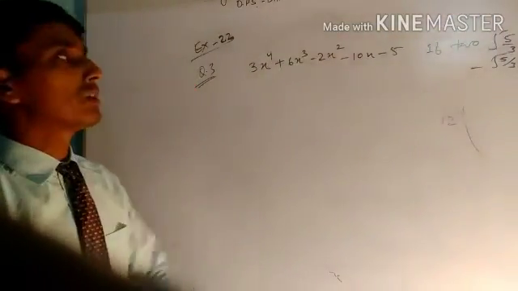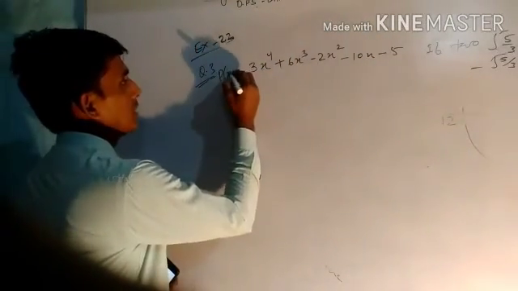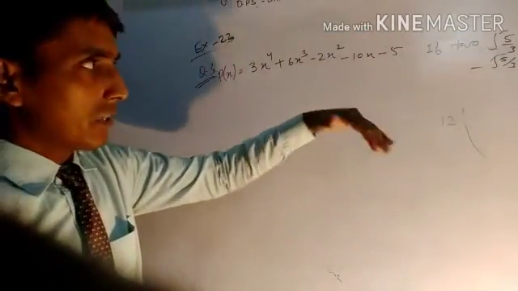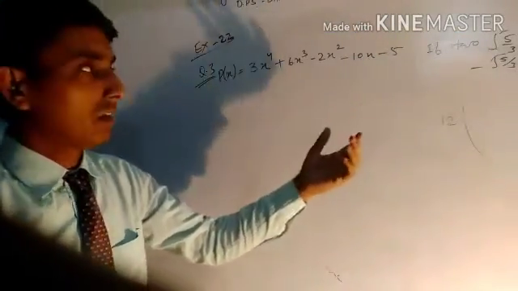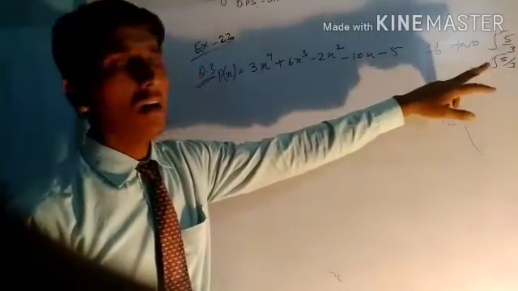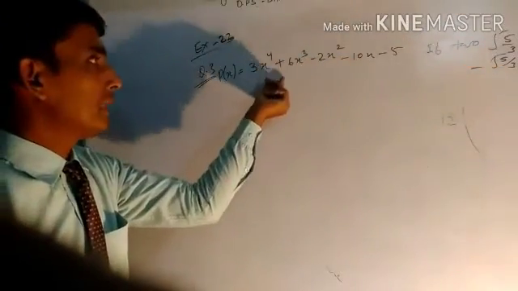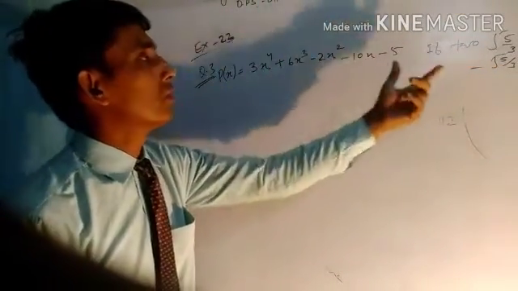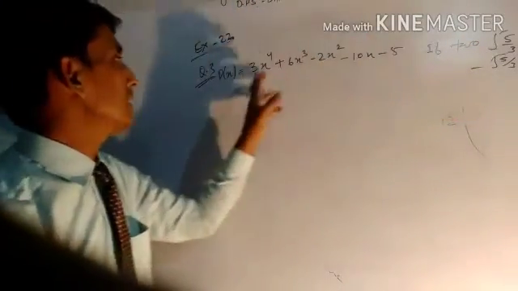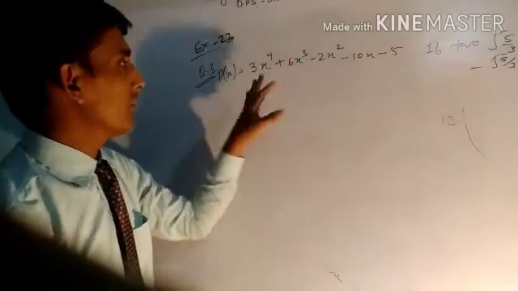Actually there are two roots of this equation given. Two roots of this polynomial p(x). This polynomial p(x) is already given. Actually 0 means what? 0 means roots. The root of the polynomial is already given. So this is the 0 of the polynomial, or you can say root of the polynomial. If you put the value root 5 by 3 at the place of x, this whole value will become 0. Again if you put minus root 5 by 3 at the place of x in this polynomial, you will get the value as 0.